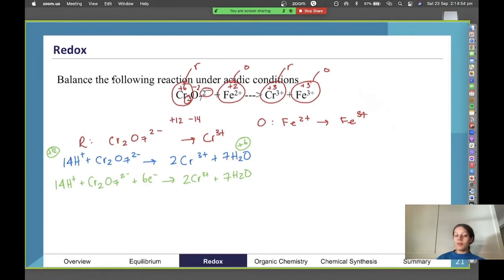And then for the oxidizing side, we have Fe2+ and Fe3+. So let's go through the list. Non-oxygen, non-hydrogen elements are all balanced. Oxygen is not on either side, so it doesn't need balancing. Hydrogen isn't either. So all we have to do is the charges. If the charges are +2 and +3, I'm going to be adding 1 electron to the right-hand side to make them both +2. So that means we have Fe2+ giving you Fe3+ and 1 electron.